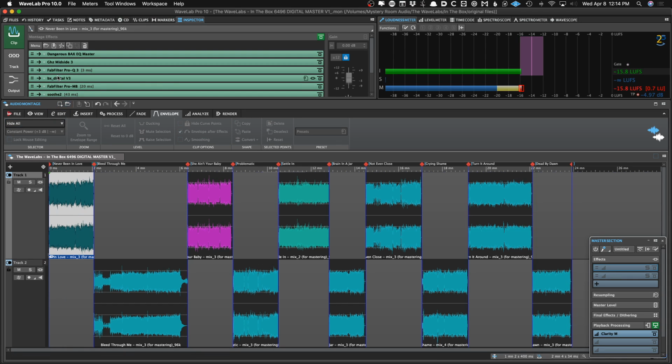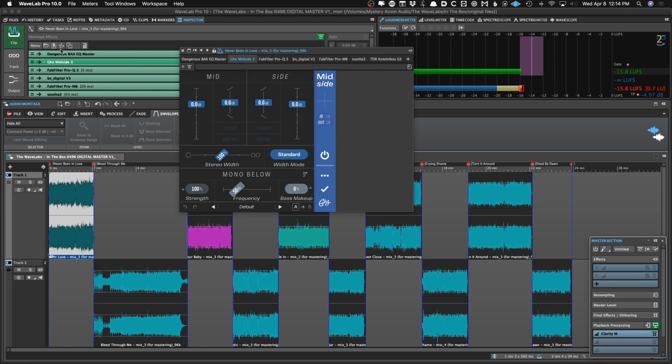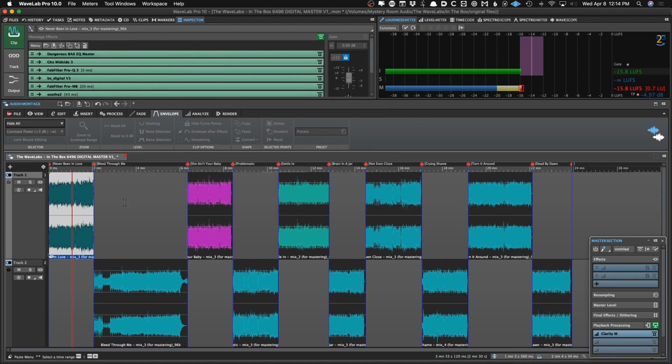I can copy this whole effects chain, go into the menu. I can copy a single effect if I want to. I can select it and just press copy. But if I want to copy all of them, I can choose copy all. And I also have a shortcut programmed for that, as you can imagine. With Option Command C, we'll copy all those effects. And WaveLab 10 has a new thing that lets me paste an effects chain to a bunch of selected clips